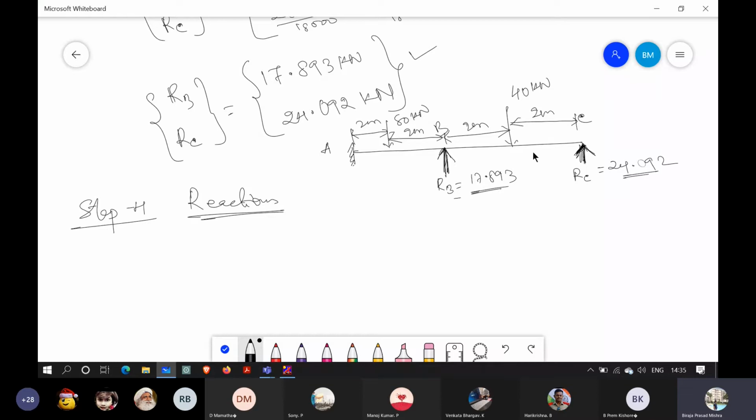Let us take the first span as span BC. This is B, this is C. Here let's say the reaction is RBC, and the reaction here is RC, it is coming as